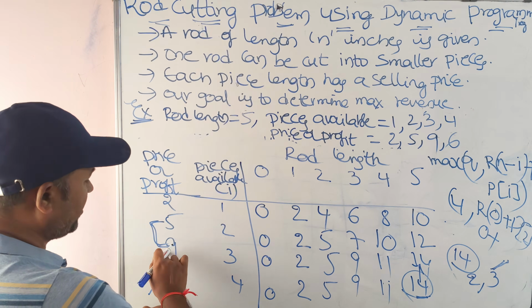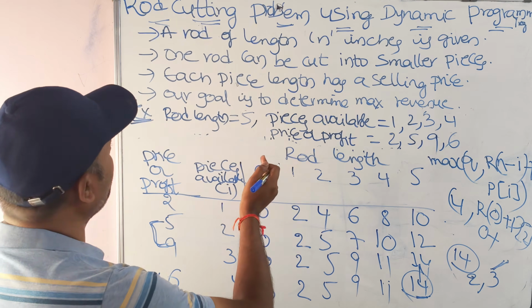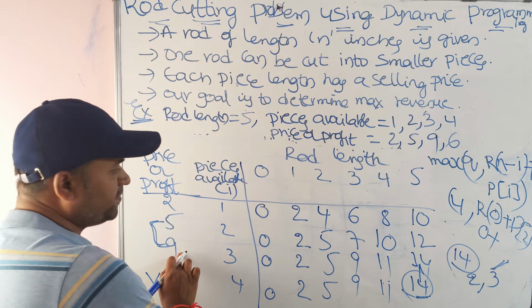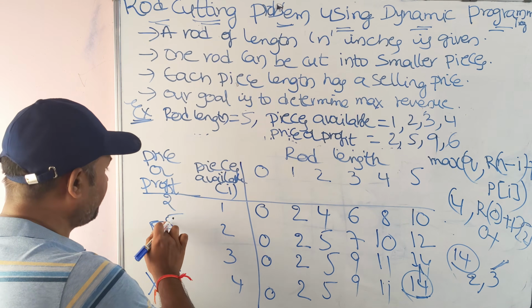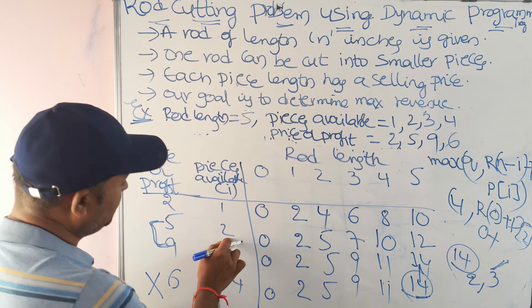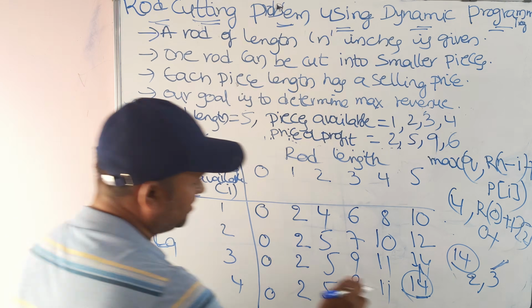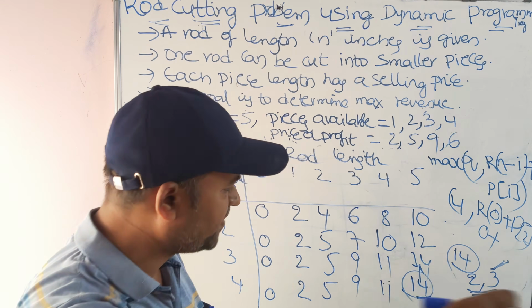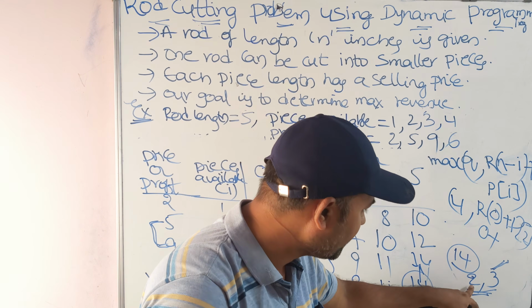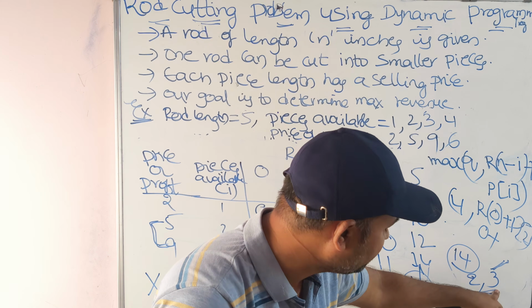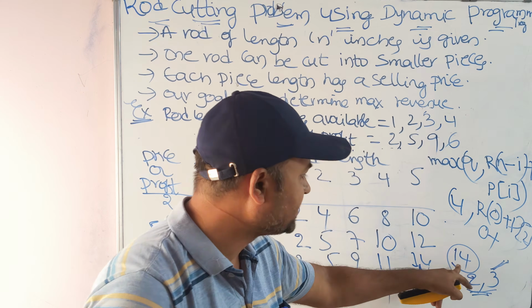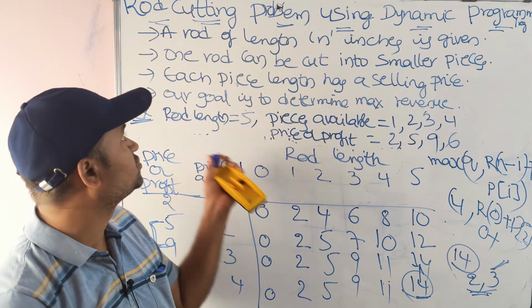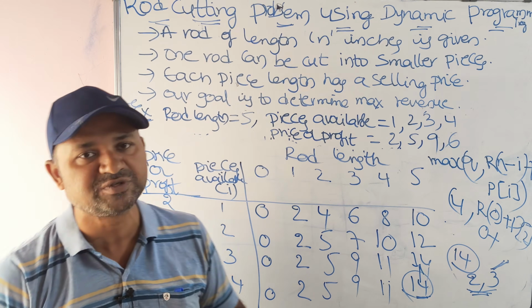What is the next piece which we have to include? This second piece. Why? Because we got the maximum profit as 14. 14 minus 9 means 5. So that 5 profit is nothing but this second piece's profit. So the 5 inch rod will be split into 2 pieces, one of 2 inch and another of size 3 inch, and the maximum revenue which we will get is 14. So this is about the rod cutting problem using dynamic